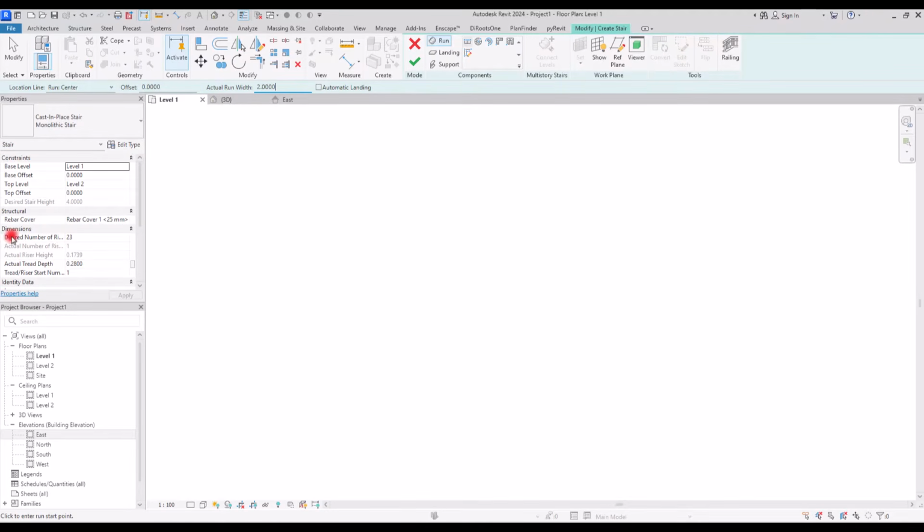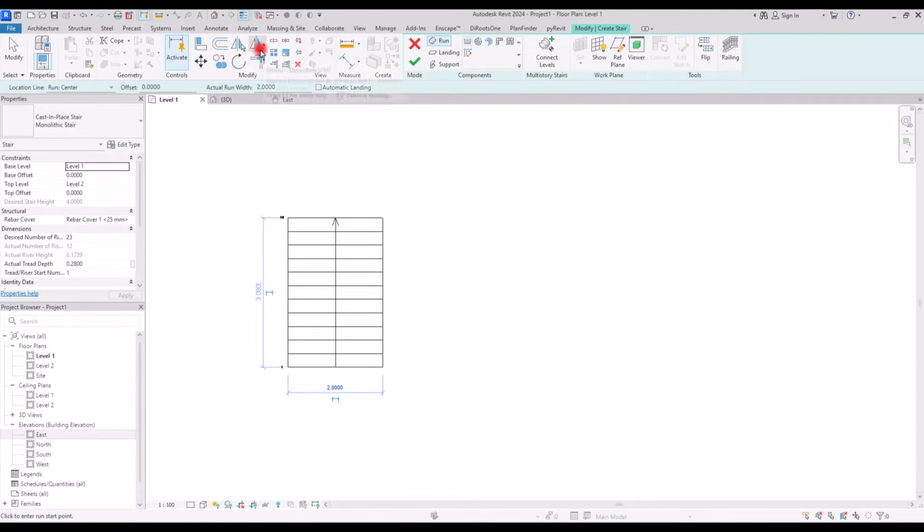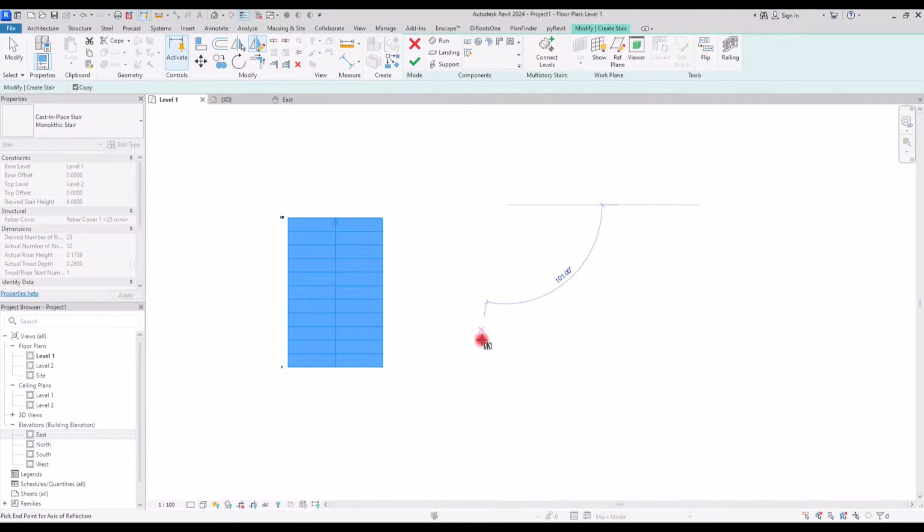As this desired number shows, we are going to have 23 steps. So I'm going to create half of this number, maybe 11 or 12 steps for one side, and then continue with the other side. Make sure the stair is on straight, and then start from one side like this. 11 or 12 is enough. Okay, now I am going to click on this mirror, select the stair, enter, and then create it like this